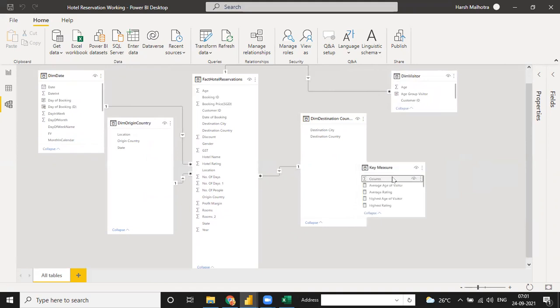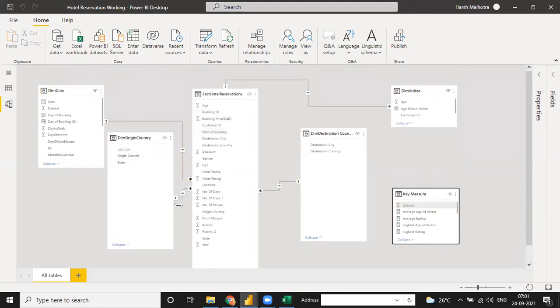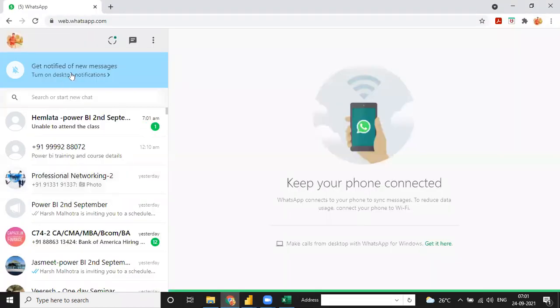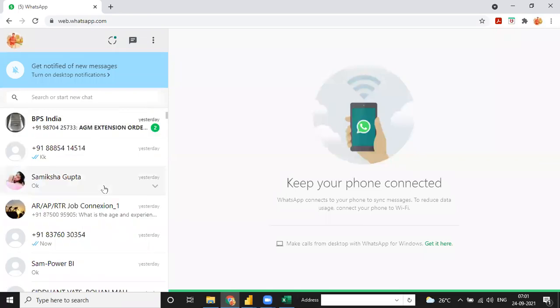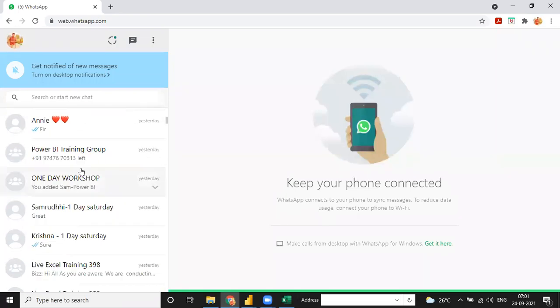Dim visitor or fact reservation table, the relationship should be one to many. Every table will be one to many. From fact hotel total to reservation, hotel to visitor, this one customer ID to customer ID. Yes, so it's one. Let me just open your file. You sent me this file.